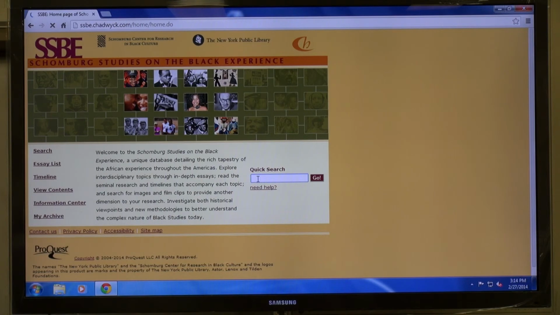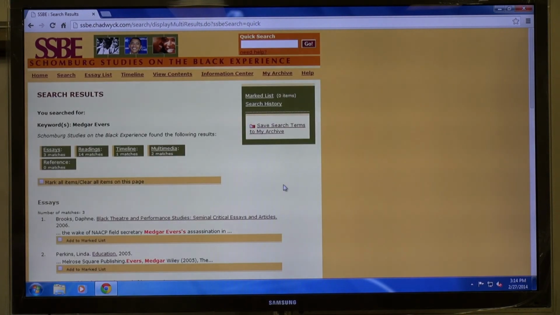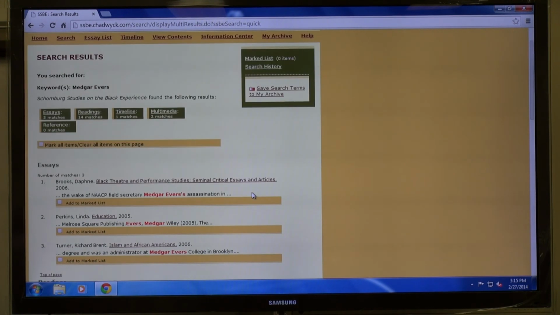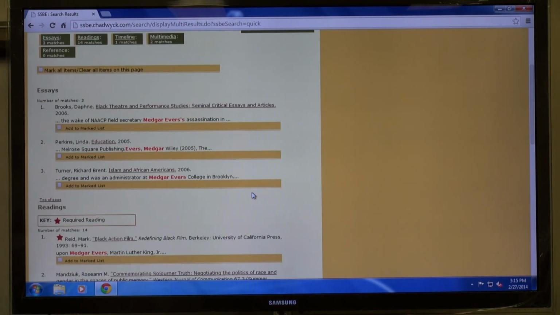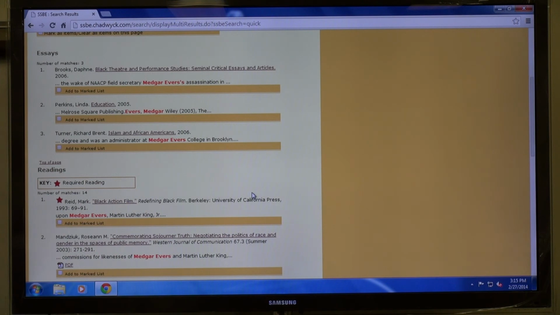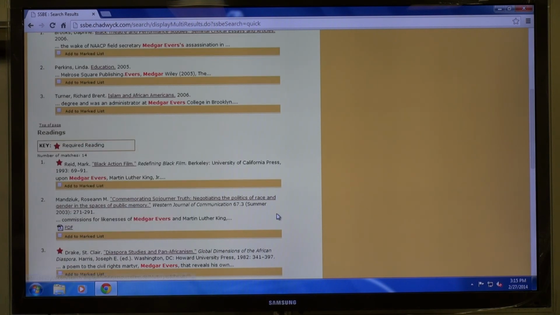And for instance, Medgar Evers. We'll search for Medgar Evers. It'll probably give us both the person, civil rights fighter, after whom our college is named, and also our college. And for instance, this article number 2 here, PDF file, if